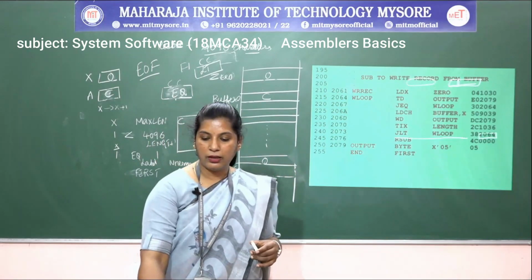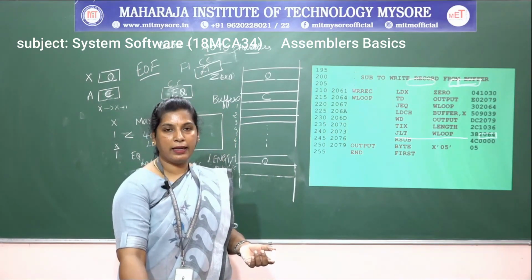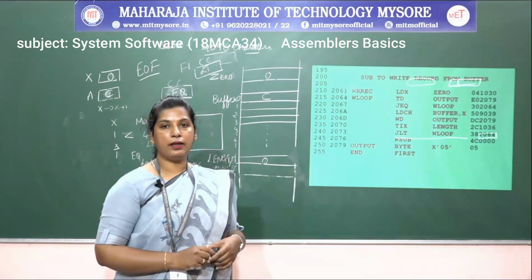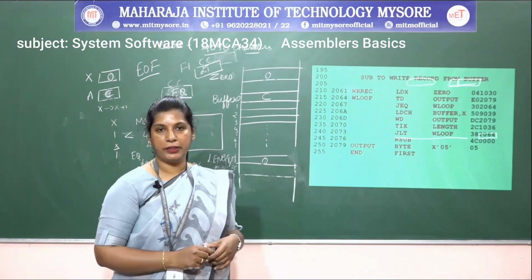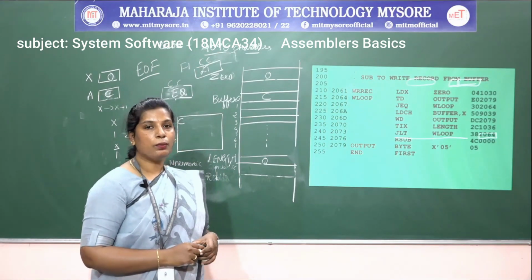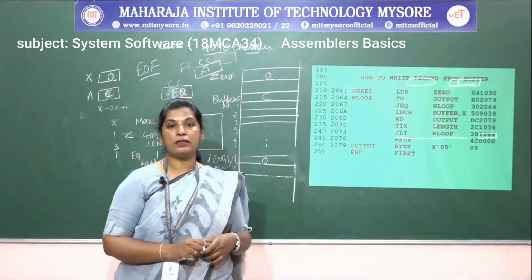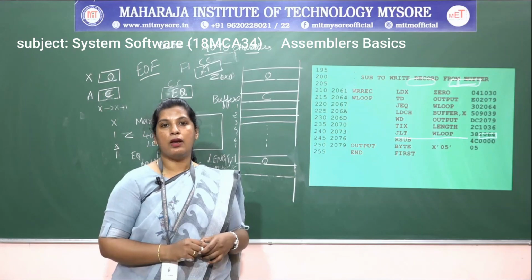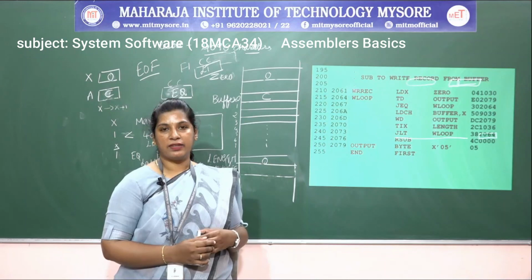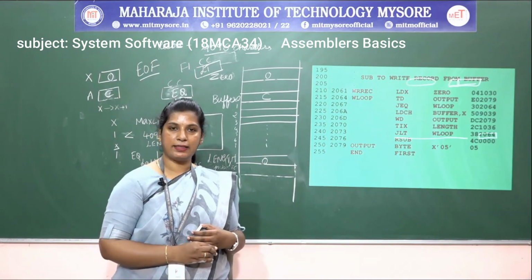So this is how the assembler generates an object code for the program line by line. After that, it forms an object file for the loader or linker to be loaded into the primary memory. In the next class I am going to explain the assembler algorithms, why different passes are required for processing that program, the two-pass assembler and the one-pass assembler. I will take such concepts in the next class.